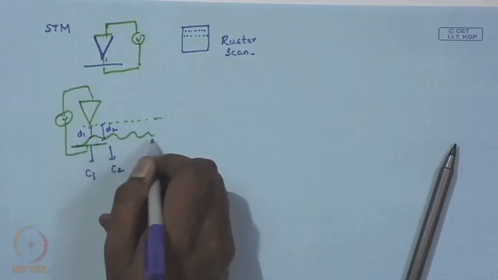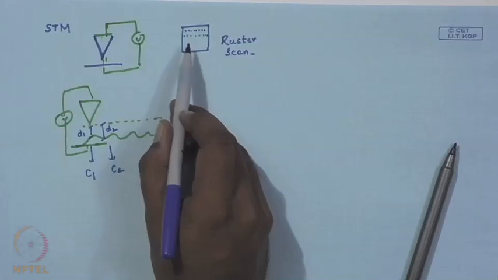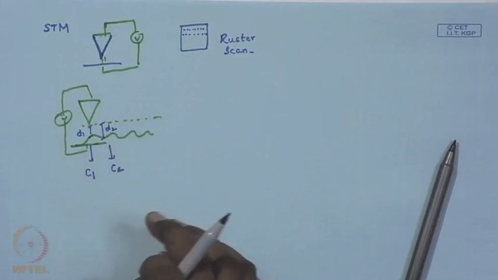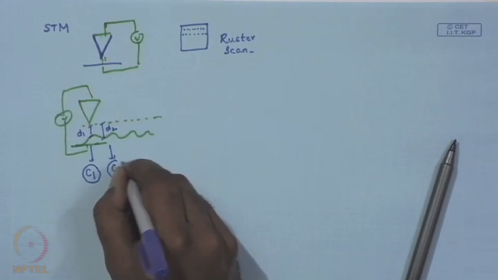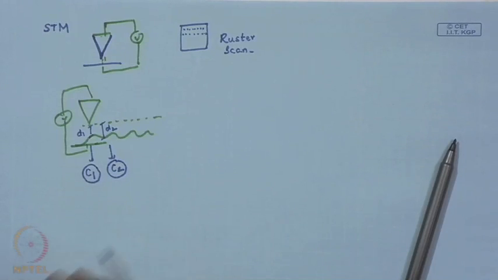Now, since the magnitude of the tunneling current is a function of the separation distance, the undulations on the surface that the tip encounters while undergoing this raster scan get reflected as a change in the magnitude of the tunneling current, and then you can map this. There are two different modes. I am going to talk about it very quickly and very shortly. But the variation in the tunneling current itself can act as a measure of the